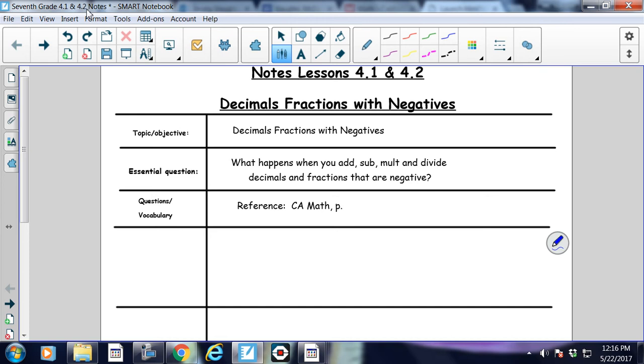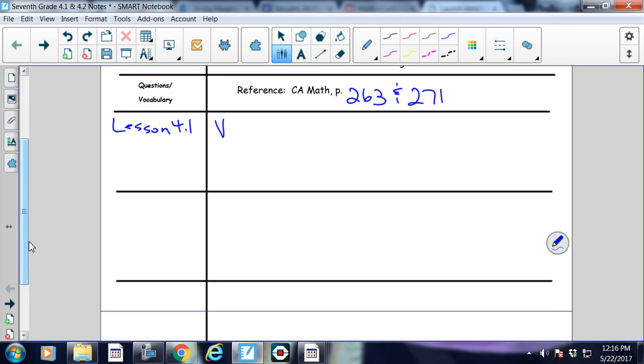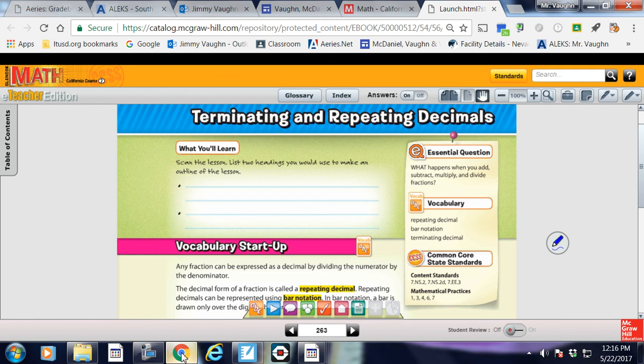The vocabulary and questions, let's jump right into it. So for lessons 1 and 2, there's the reference pages. Lesson 1, get into that right now. Lesson 4.1, there's some vocabulary, which I'll go over in just a second. So, if you go to page 263, this is a review from 6th grade,